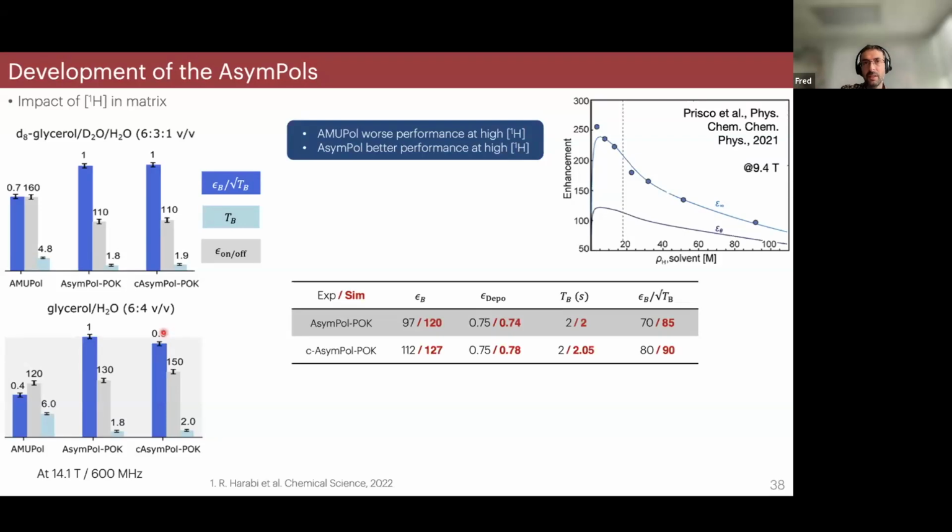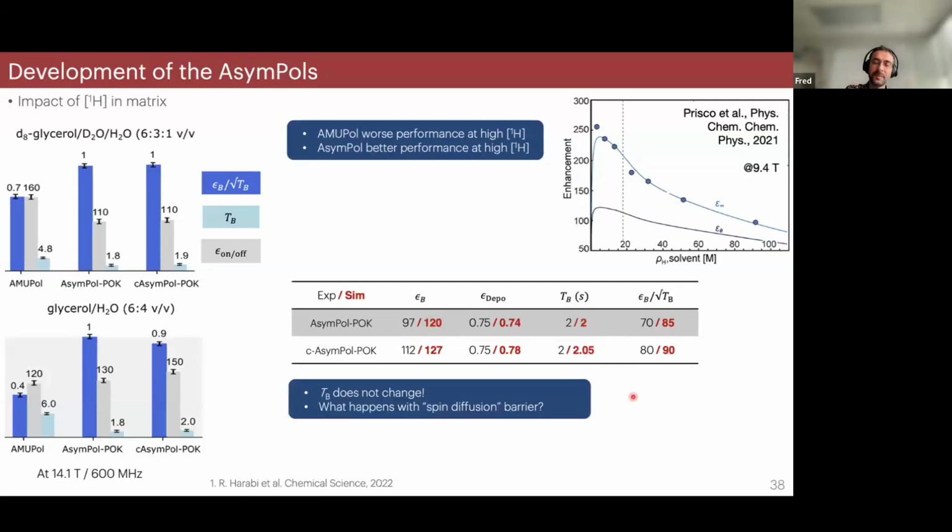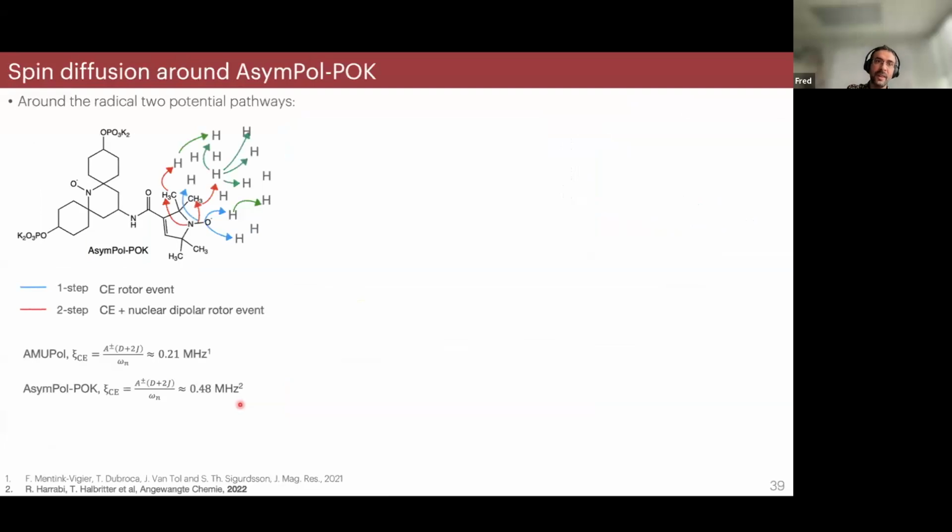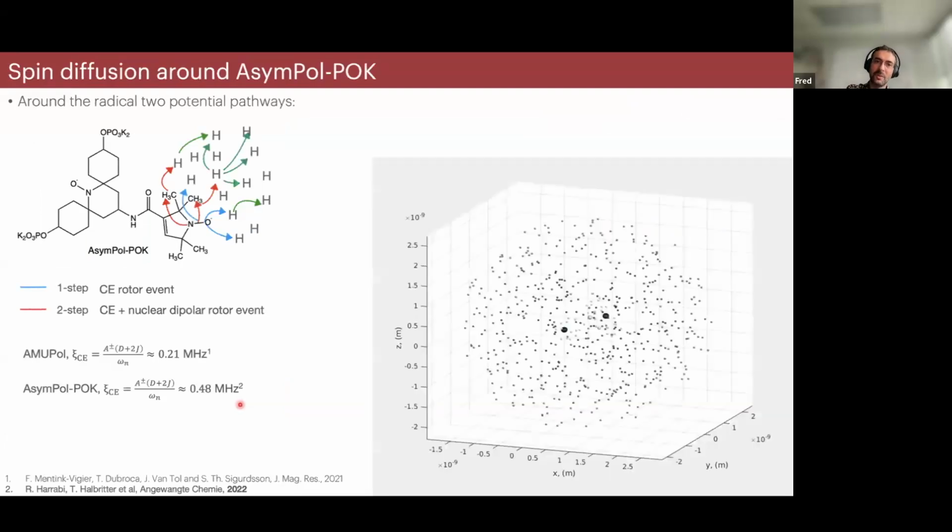With the DFT and MD simulations and EPR fits, you can predict the enhancement and the build-up times, and the simulation works. So you can go one step further and see, okay, what's happening around those radicals? Because if deuteration is affecting the DNP, there is something to dig. I will go quickly. As mentioned, you can do the simulation and look at how the spin diffusion works around the radical now. And this is how the polarization builds up around the biradicals. In white, those are the protons on the molecule, and in black, the protons around the molecule.